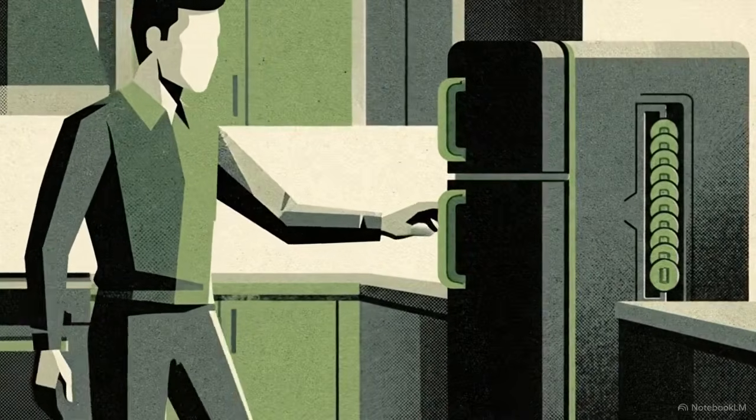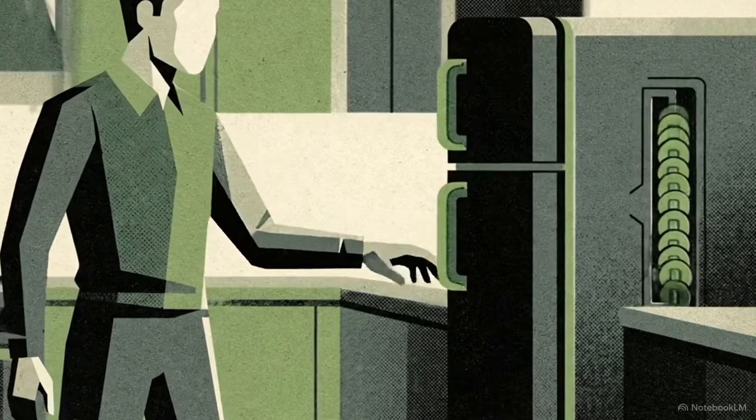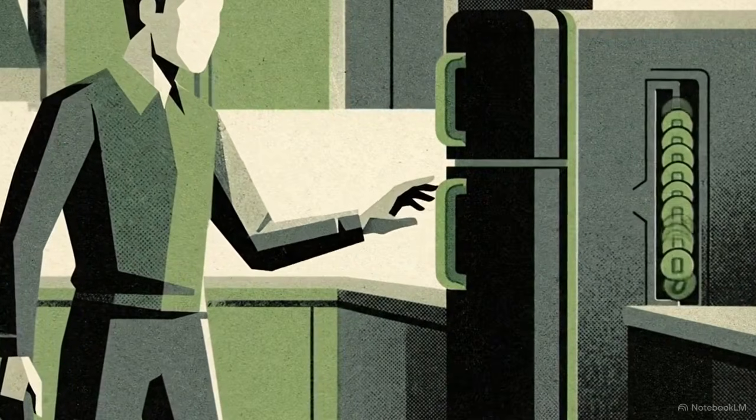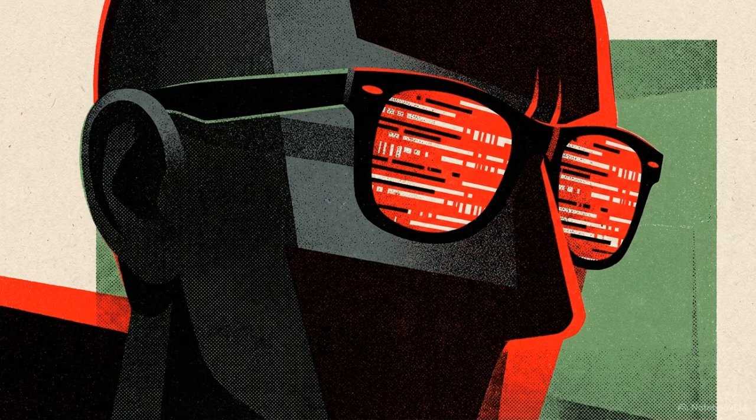Imagine renting an apartment, but the kitchen appliances don't belong to you. Every time you open the refrigerator door, the landlord charges you a quarter. That setup sounds absurd for a physical home, but it accurately describes how software developers are forced to operate on the modern internet. When you build applications using the major artificial intelligence providers, you are paying rent on your own ideas.